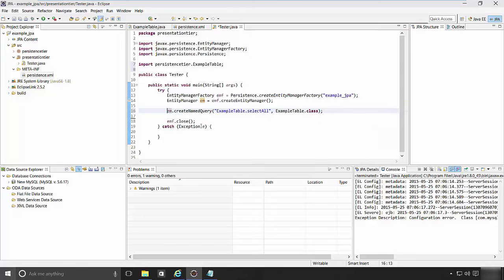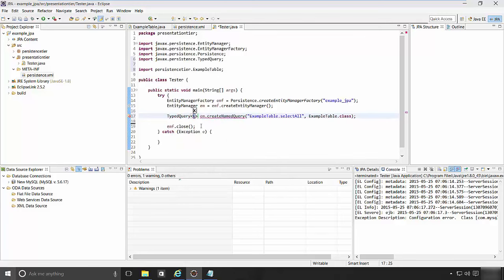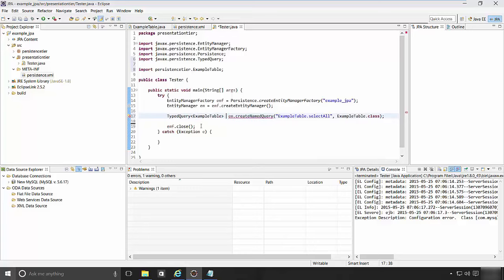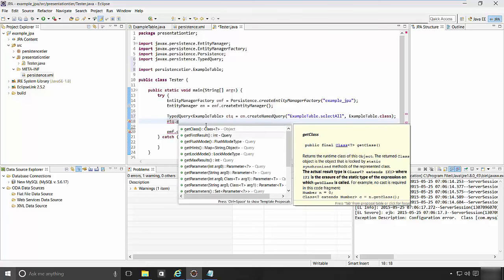So we can actually create a typed query of the type example table. Let's just name it example table query. There you go, and let's execute this query. eq dot get result list,